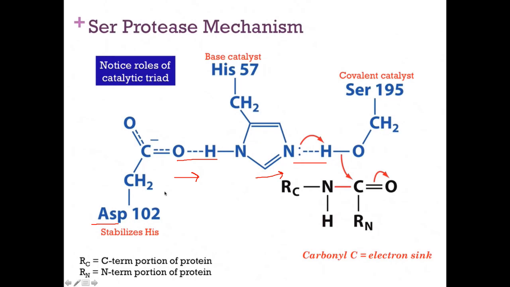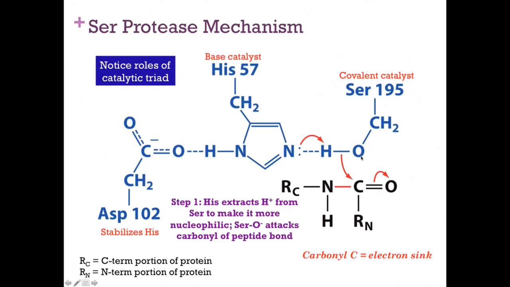A very important point to be noted over here is that not all serine residues of the chymotrypsin protein are acidic in nature. It is only the 195th serine which is acidic due to this special conformation. The first thing that will happen is that the histidine will act as the base catalyst and extract a proton